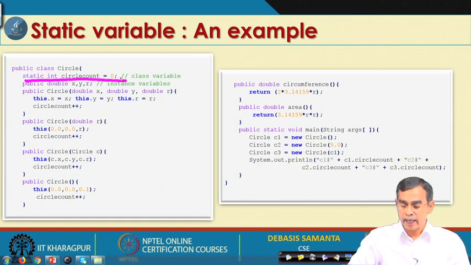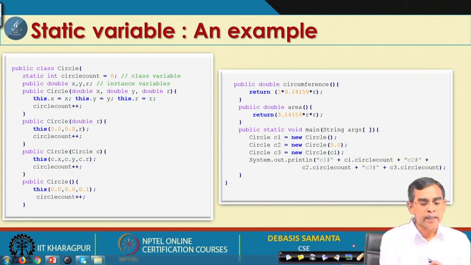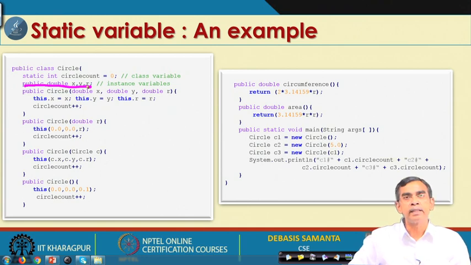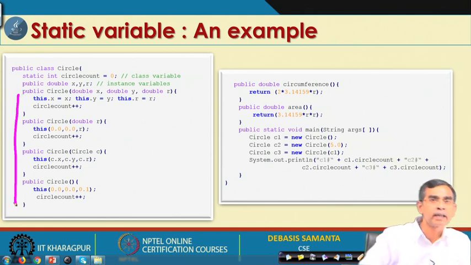That means circleCount is a static variable or class variable in this case. On the other hand, we declare the other 3 variables as public double x, y, r, which are basically instance variables. So, in this class example we declare 2 types of variable, class variable and instance variable. Now, as usual, we are already familiar with this, it is a constructor.